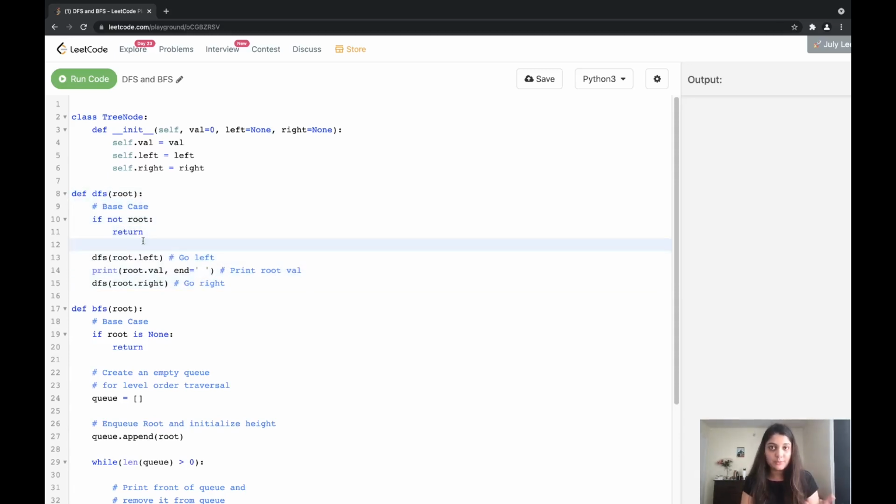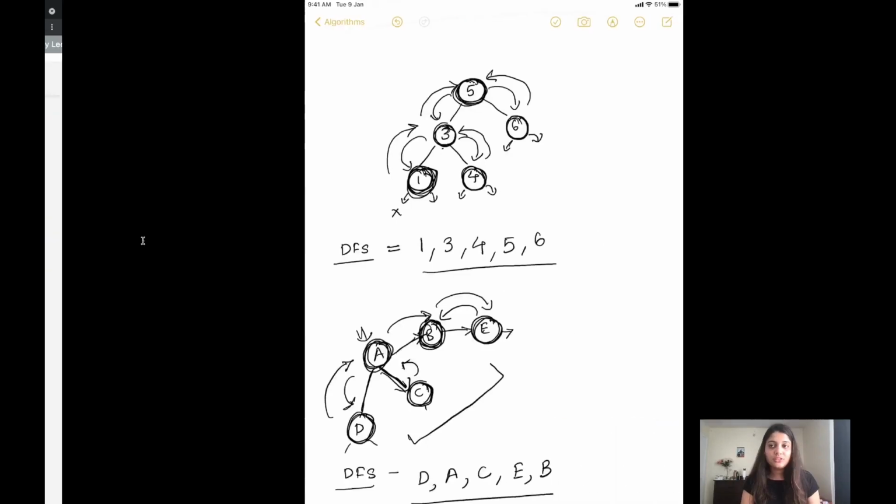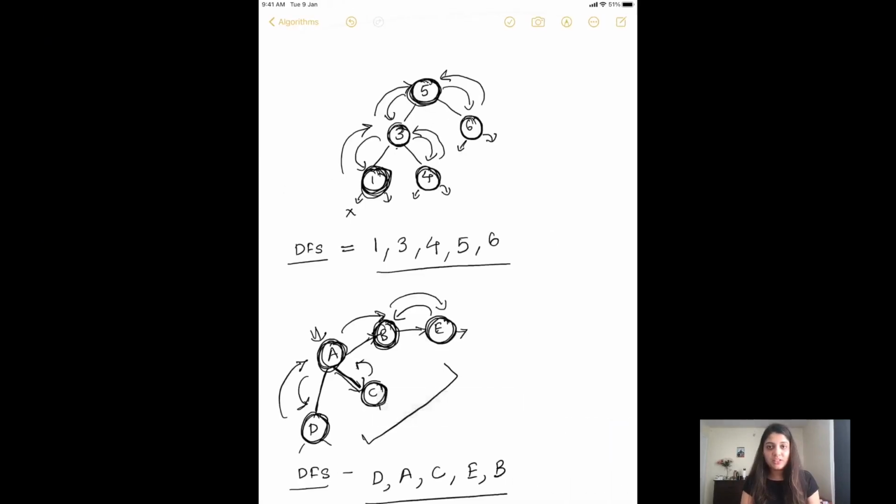Let's talk about the time and space complexity. So if you see, we are visiting each node once. So that's why our time complexity would be O of n, n being the number of nodes in the tree, because we are traversing each of them once. So the time complexity would be O of n. Whereas when you talk about the space complexity, it's basically the height of the tree. So why is that? It's because you are traversing